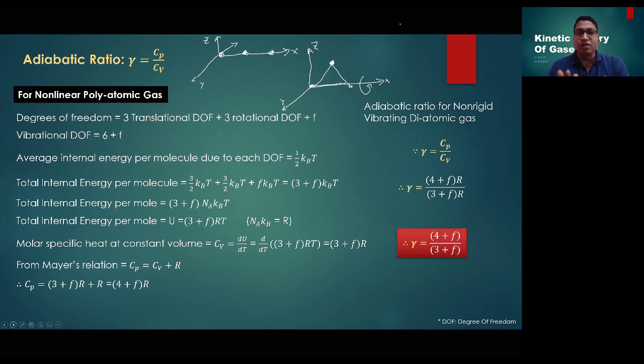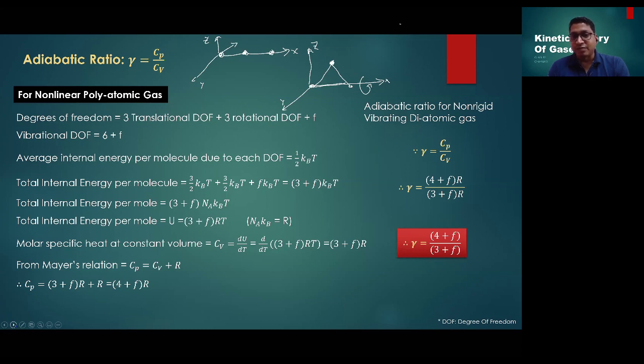So class, आज अपना इतना सेशन था कि हमें आज एडियाबेटिक रेशियो निकालना था for the monoatomic, diatomic and non-linear polyatomic. अच्छा, यहाँ पे अगर हम लोग लीनियर ले लेंगे तो क्या चेंजेस आ जाएगा? अगर लीनियर लेंगे तो सिर्फ वो जो 3 by 2 kBT है रोटेशनल का, वो कितना हो जाएगा? 2 by 2 kBT. सो चेंजेस क्या आएगा? जहाँ पे 3 है वहां पे कितना हो जाएगा? 5 by 2. ठीक है ना, 3 की जगह आ जाएगा 5 by 2.